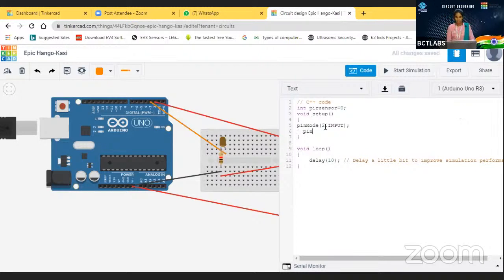So then pinMode 3, OUTPUT. That is, LED is an output device, so I'm using it as an output. Then I have to write the code for this. First, I'm going to write the code for the PIR sensor. That is a variable which I have defined at the top of it. PIR sensor is equal to